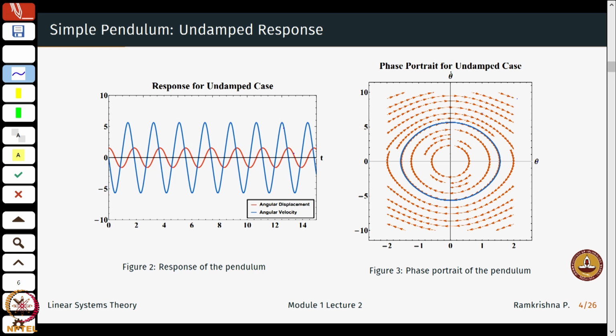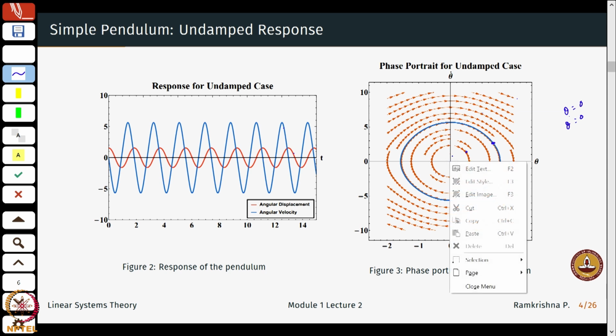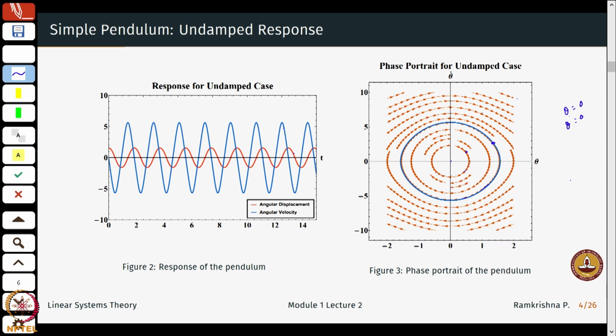Okay, if I just look at the plot of theta versus theta dot, you see they are forming closed orbits, right? So if an initial condition is here, it will just go around an orbit determined by this line. If it's here, it just goes around this blue line over here. What if the initial condition is such that theta is 0, theta dot equal to 0? It will just be here forever, at this point. If there is a slight perturbation here, then it will have a closed orbit here. If I perturb it slightly further, then it will be something like this. Okay, there is a reason why I am doing this. I will let you know in a bit.